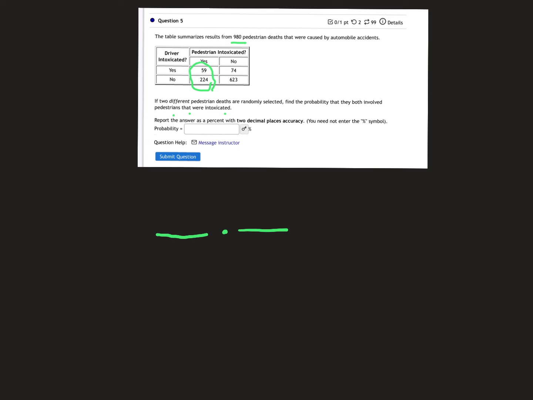So that total there. So we're going to take 59 plus 224, 283 over 980 times